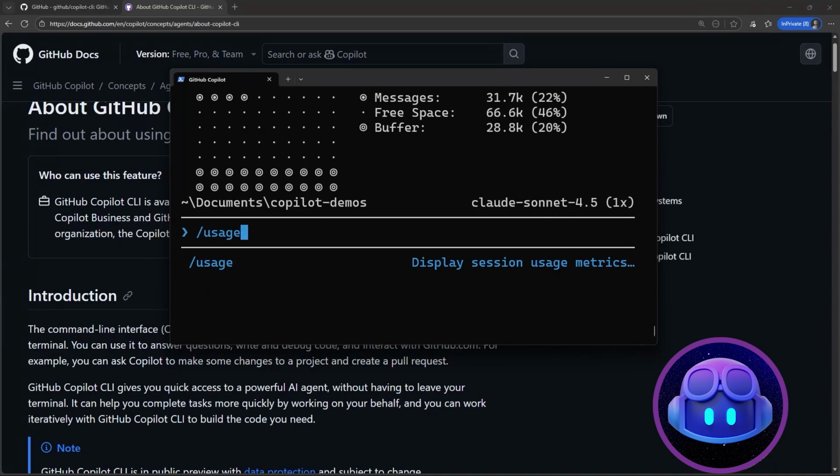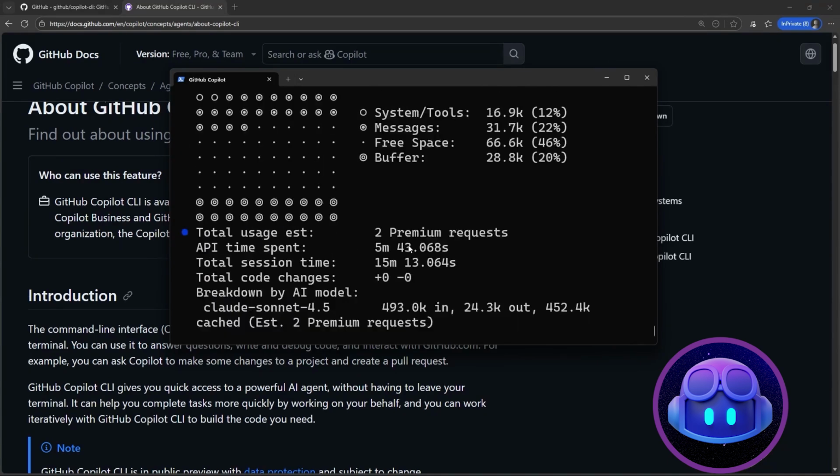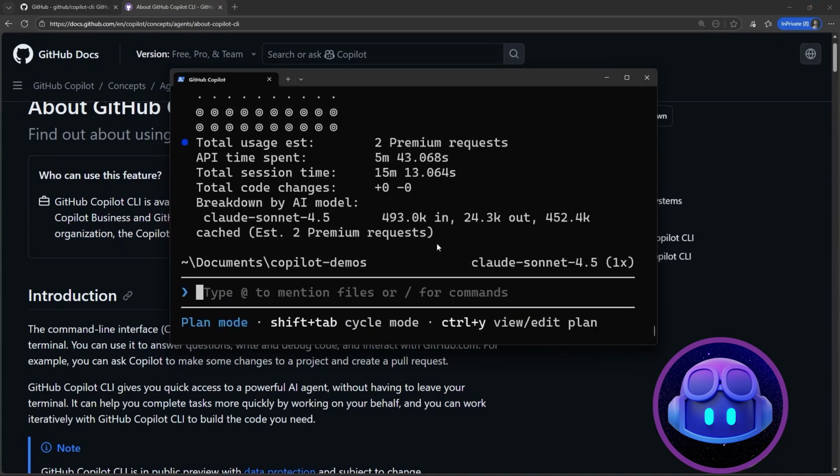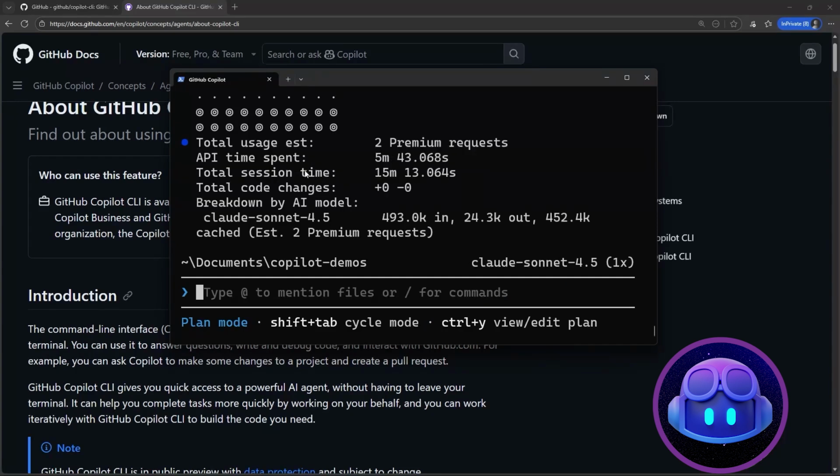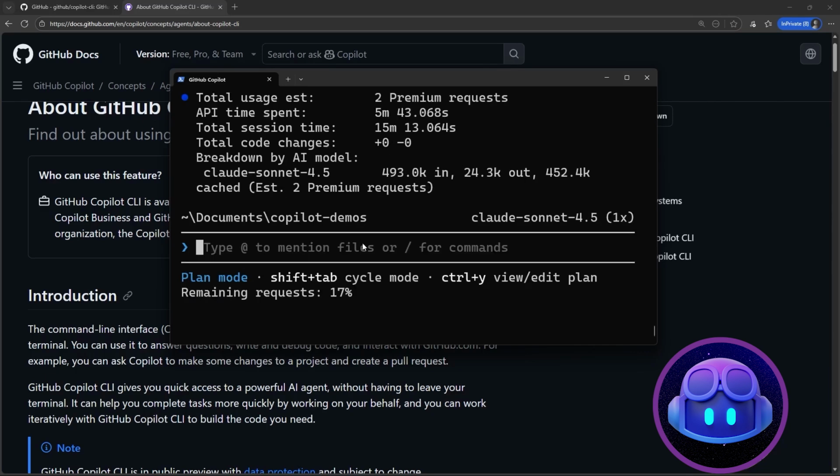We also have another command called usage, which lets us know basically how the models have behaved, how many premium calls have been used in the project, the total time it has been used. Here we have the API usage time, the session time, 15 minutes, and more information about the model, which is quite useful to always know how many requests we have left, roughly how many we've used,